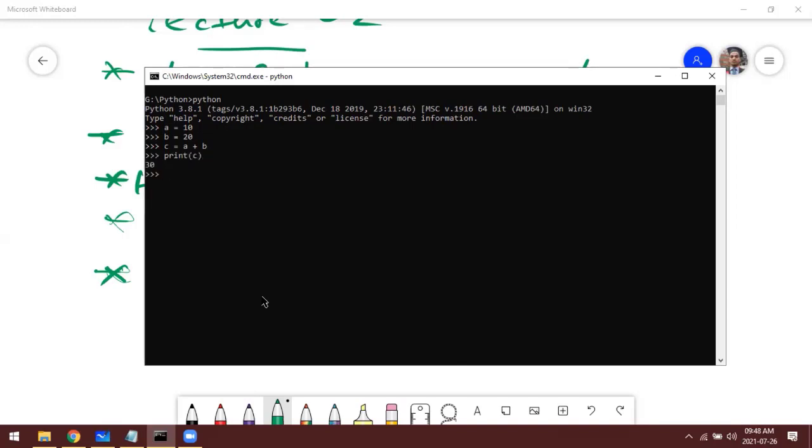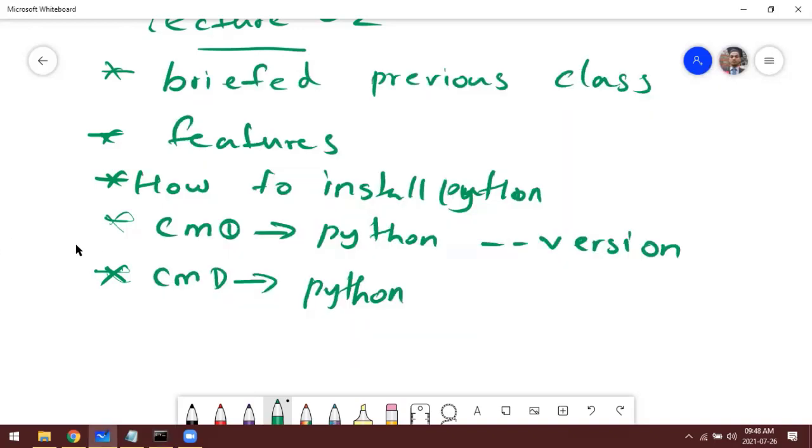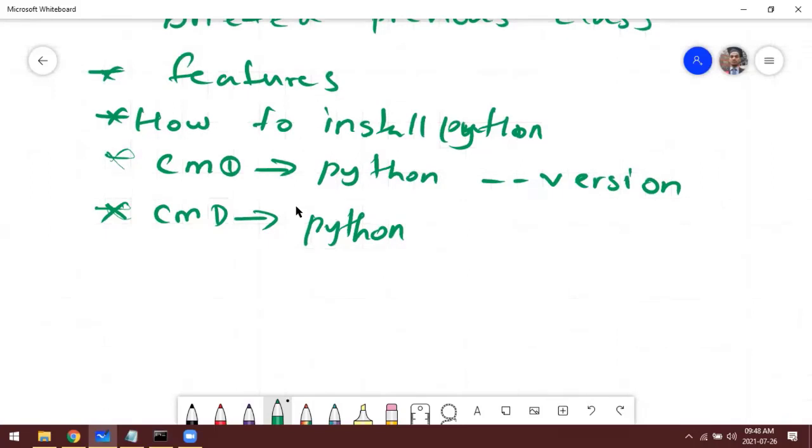This is the Python interpreter. If you want to leave the Python interpreter, we have to use the function quit, right? So now we are back to our CMD command, right? So this is the way we can go to Python in interactive mode.